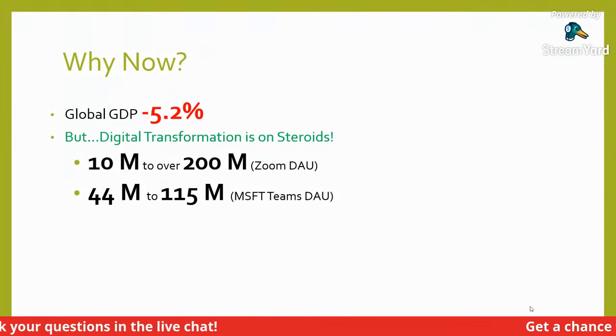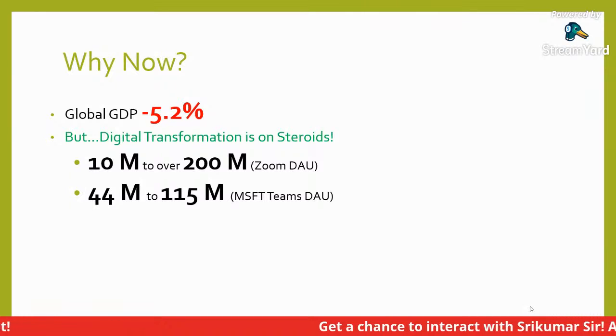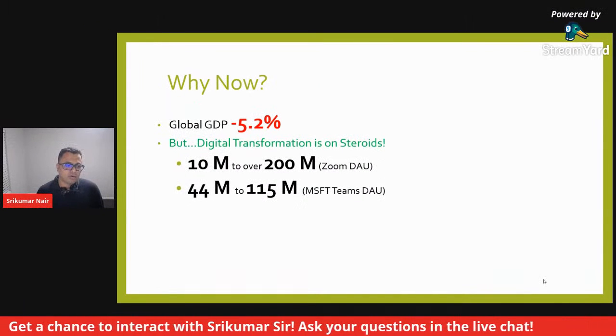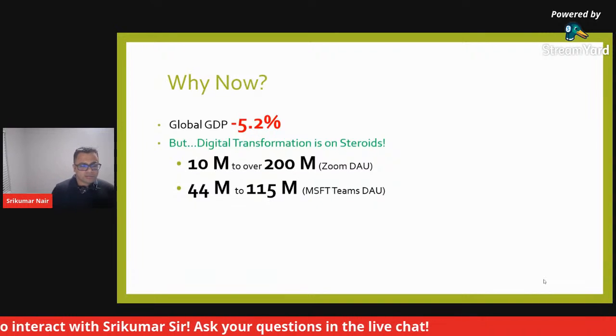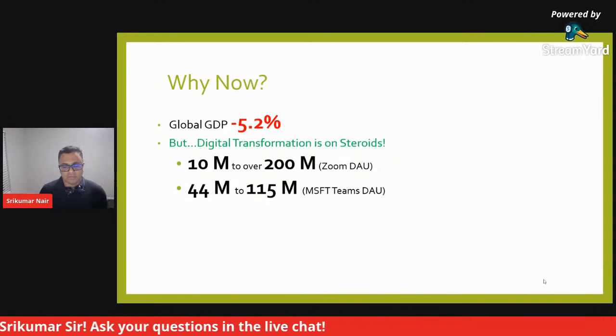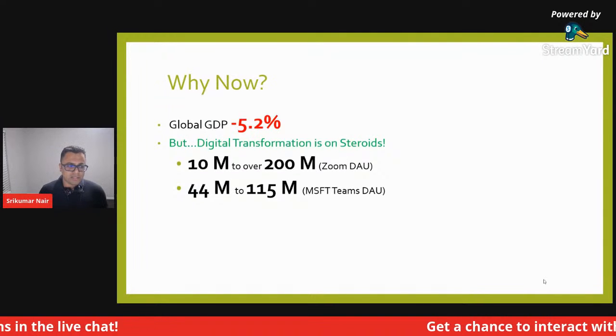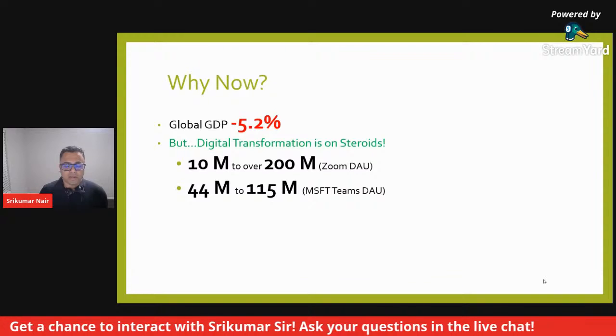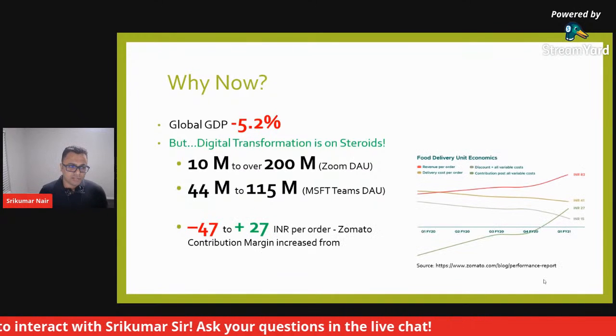Proof of that, Zoom's daily active usage has gone up from 10 million to 200 million, as they reported in April. Microsoft Teams, that you were just seeing the demo on, has seen daily active usage go up from 44 million to 115 million daily users. It just shows the opportunity that is there in this space. Most of it doesn't need lines of code to be written because it's the same set of applications that you're often writing. You're just configuring to make it work in your organization.